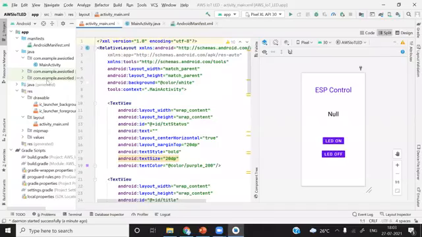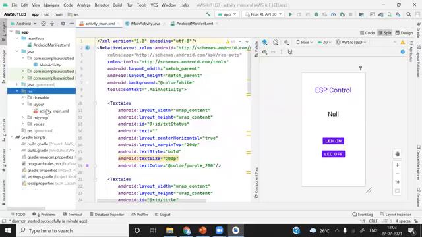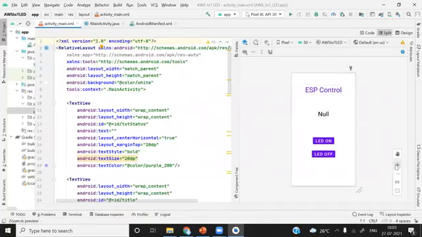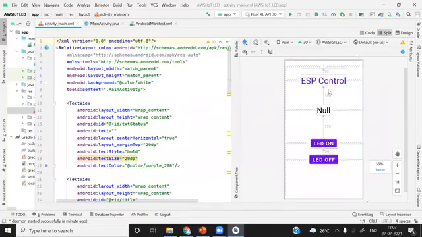First, I will start with the layout. It is a simple layout. We can see the total number of components: 1, 2, LED off, LED on, 3, this text view where we are going to observe the data from ESP8266, and this title, 4.